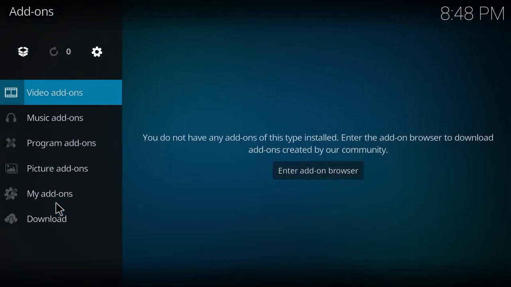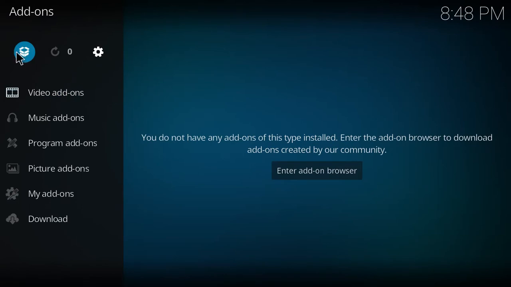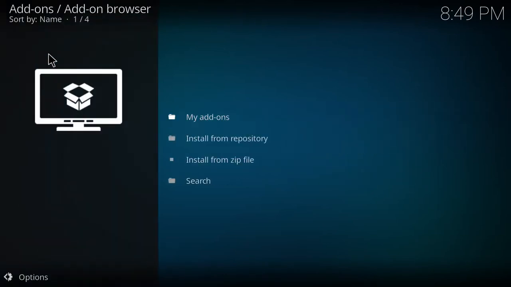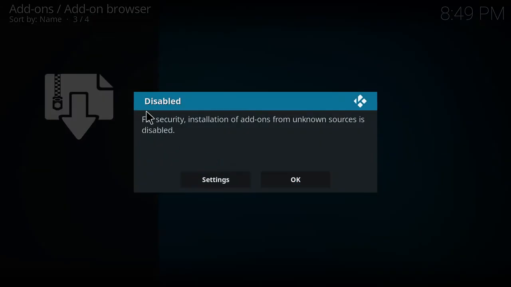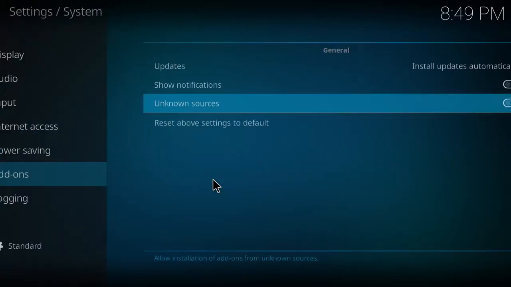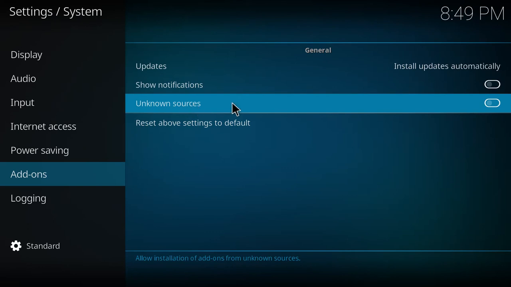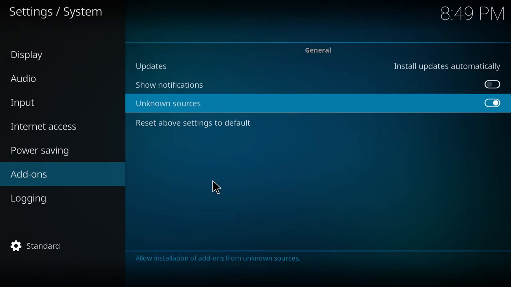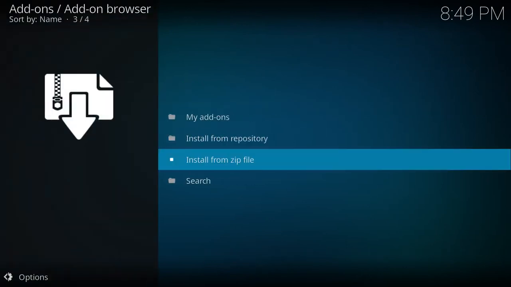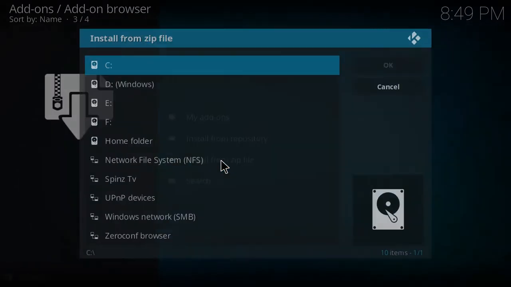Click on your add-ons. Up here where you see this little box, click on that. And then scroll down to install from zip. Now this is the first run I did, so if you run into this security, we just have to make a check to allow unknown sources in. So click on your settings, and here it is, brings you right to it. Just click, make sure that's on, click yes to agree, escape will bring you back, and then install from zip